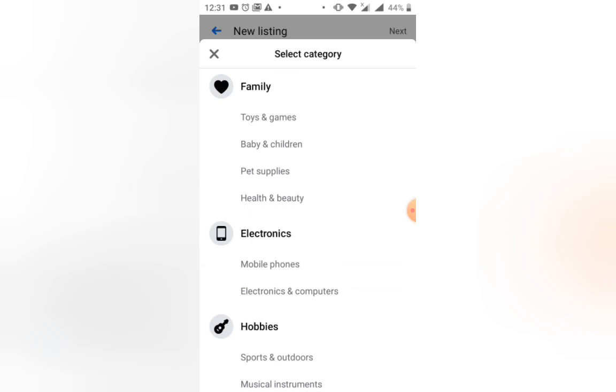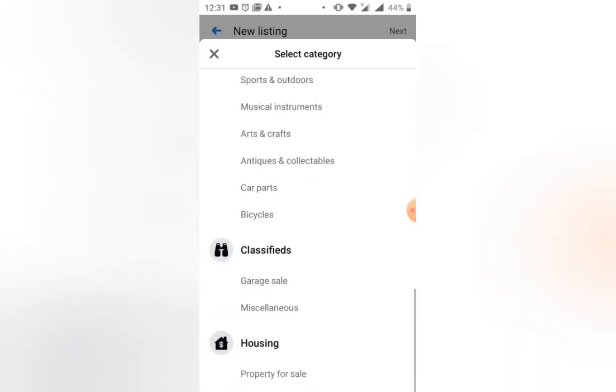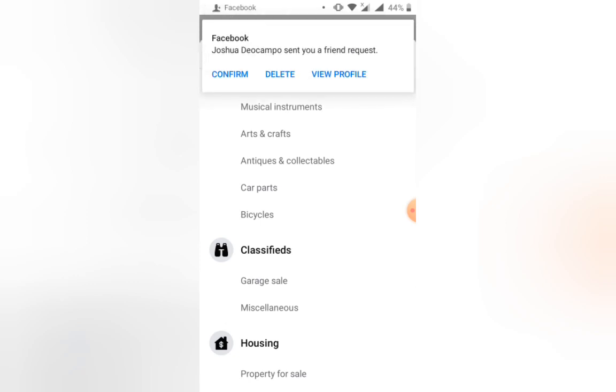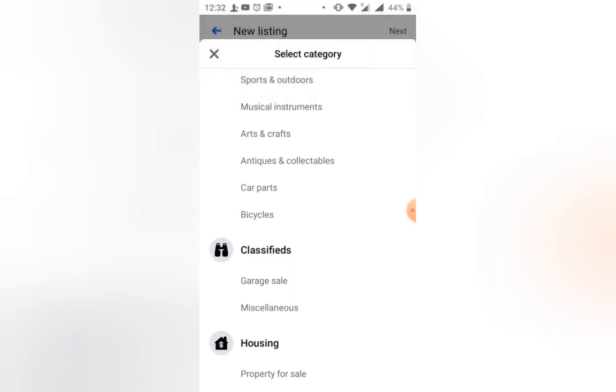So lahat na makita niya puro mobile phones. So they are interested in mobile phones, not house and lot. So magiging useless din or hindi ganong effective yung ad mo. So therefore, choose the correct and the proper category for your product. So in this case, click natin yung property for sale. Okay,